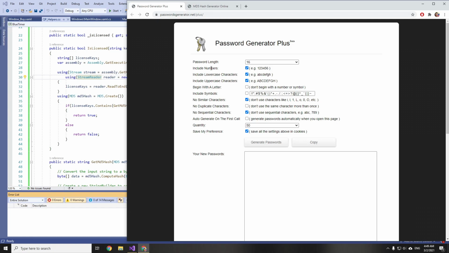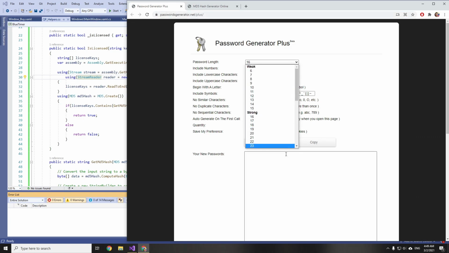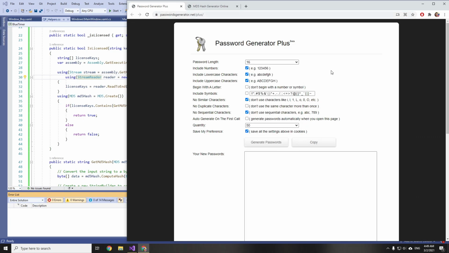So what I have found yesterday is passwordgenerator.net, and here it's the plus subpage because it has more options that I need. So here you can set the password length. 16 should be enough. So I recommend checking include numbers, include lowercase characters and uppercase. You shouldn't restrict it by beginning with a number or symbol.